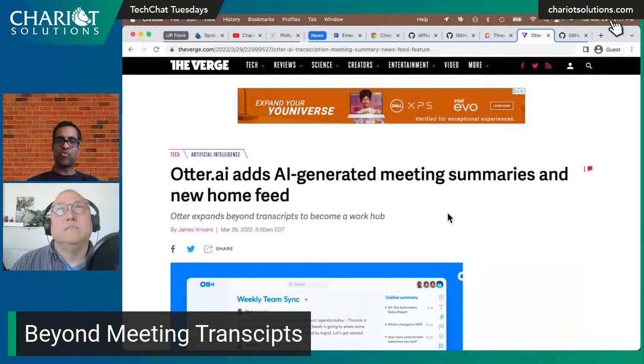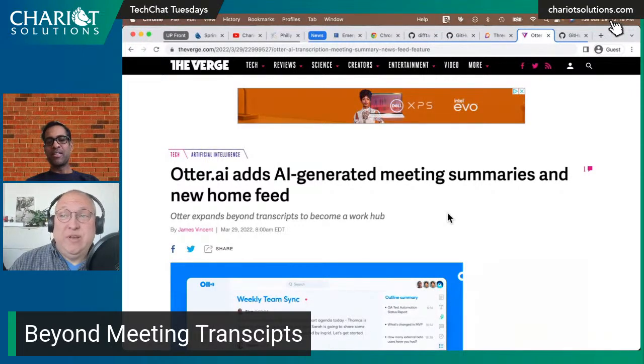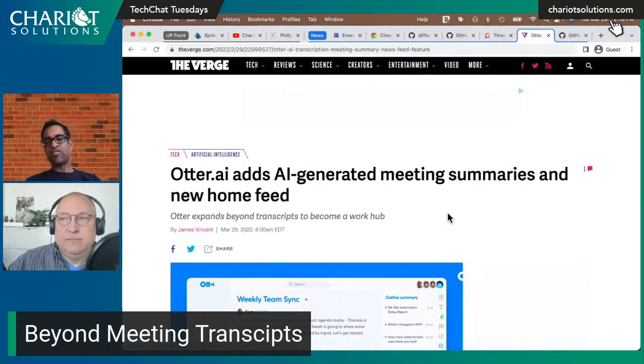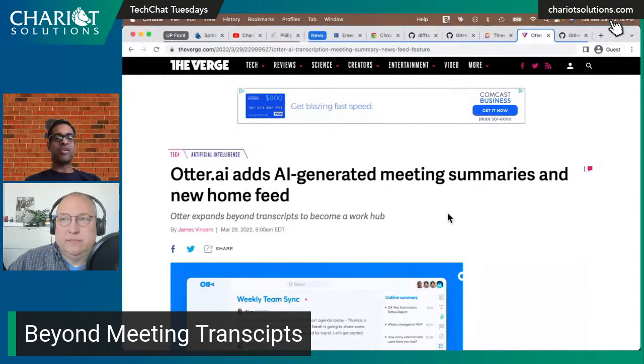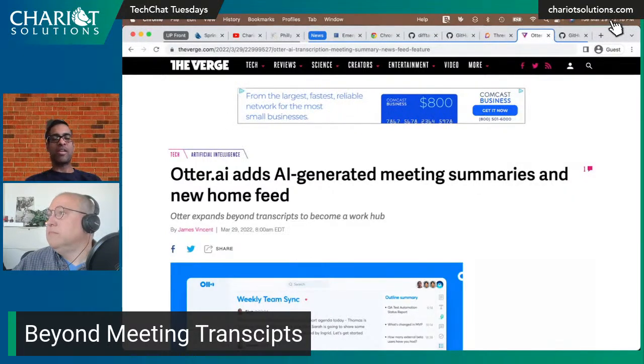"Only with your explicit permission will we manually review certain audio recordings to further refine our model training data." Even then, with that explicit permission, that kind of scares me. I mean, is that a switch for the whole thing, where the feature's on now and everything you do from that point forward has it, or is it per talk? It looks like if they're having an issue transcribing a specific recording or a piece of a recording, where what they generate doesn't match the truth, they're trying to improve their algorithm, and they can ask, hey, do we have permission to manually review a snippet so we can try to refine our model training data?